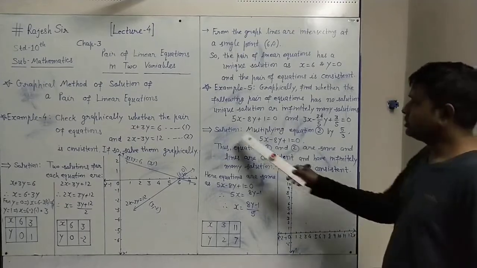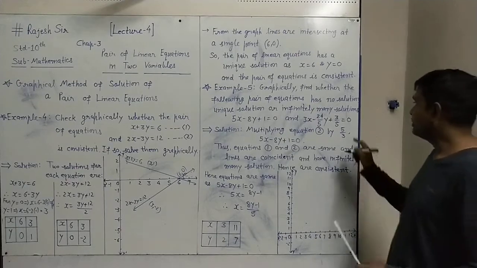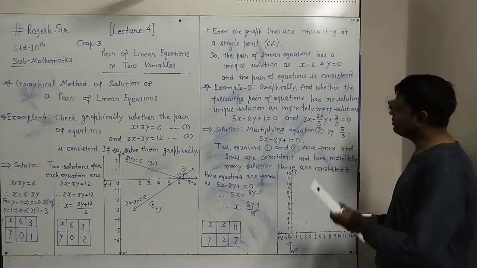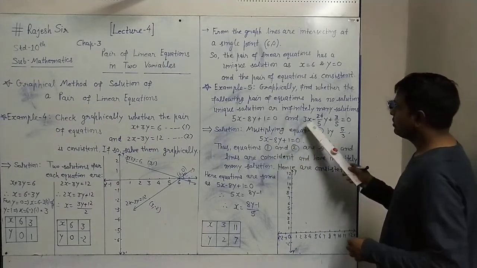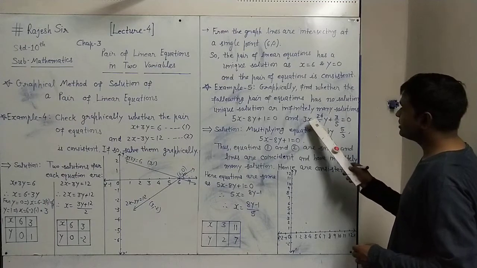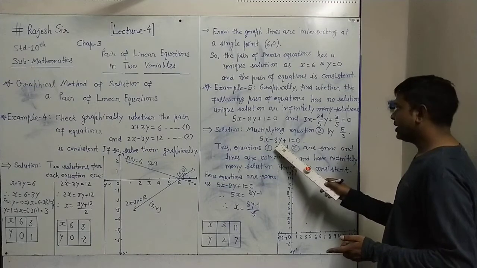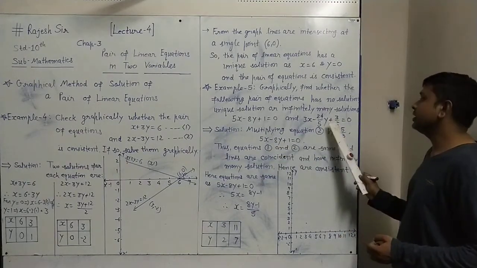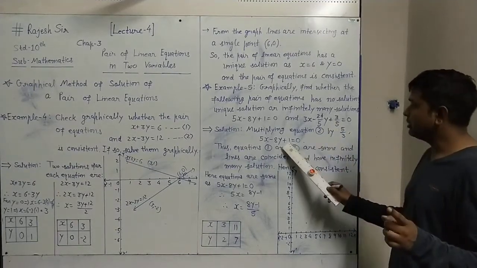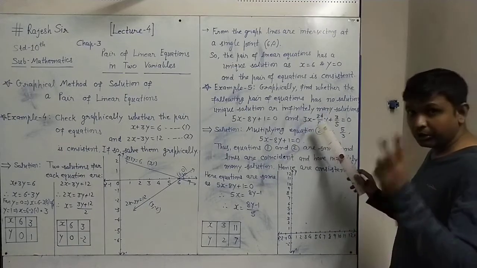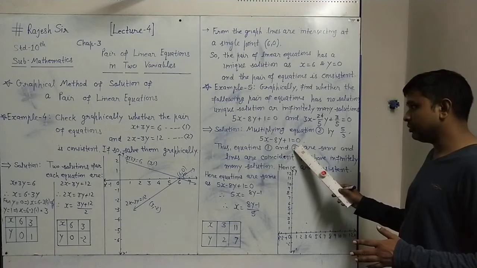Here, one thing we can do in the solution is multiply equation 2 by 5 by 3. When you multiply this equation by 5 by 3, you multiply each term by 5 by 3. Here 5 by 3, the 3 cancels, it will be 5x. Minus 5 upon 3 times 24 by 5, the 3 cancels, 24 by 3 gives 8, so 8y. And here you multiply 5 by 3 with 3 by 5, the 3 cancels, the 5 cancels, it will be 1. So if you multiply equation number 2 by 5 by 3, you get the equation 5x minus 8y plus 1 equal to 0.